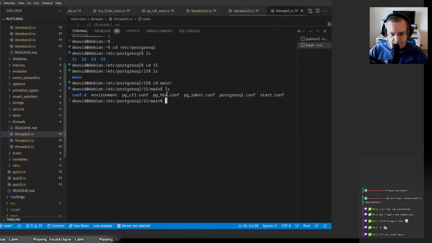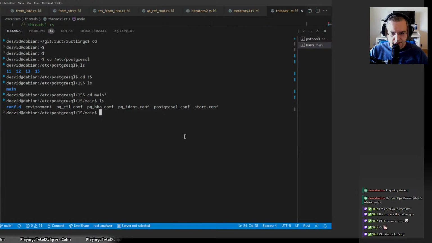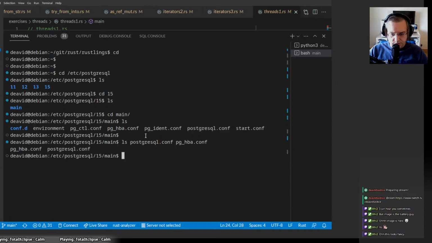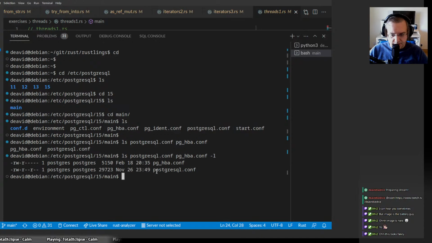Let's make this bigger so we can see exactly what I'm doing. One file is postgresql.conf, the other one is pg_hba.conf, with ls -l if you like to see it like that. Those two are the main files that we need to be concerned with. You need root to edit the files, or to be the postgres user. So in the postgresql.conf,